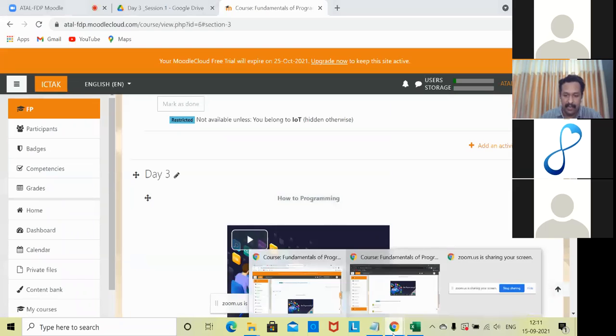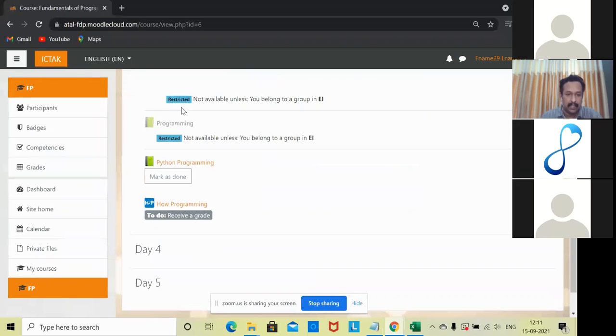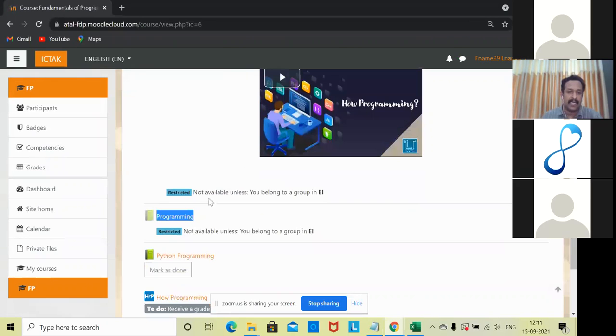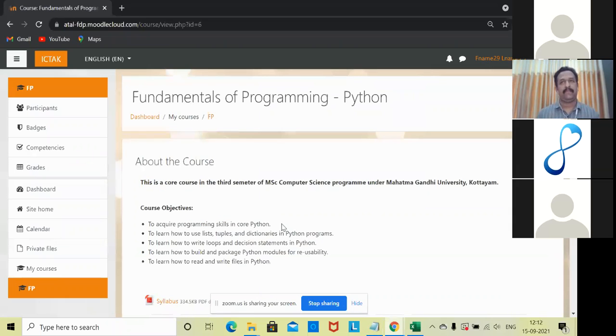Now let me refresh the page. Now you can see that this is not accessible to me. This content is not available to me. So this is the concept of grouping.